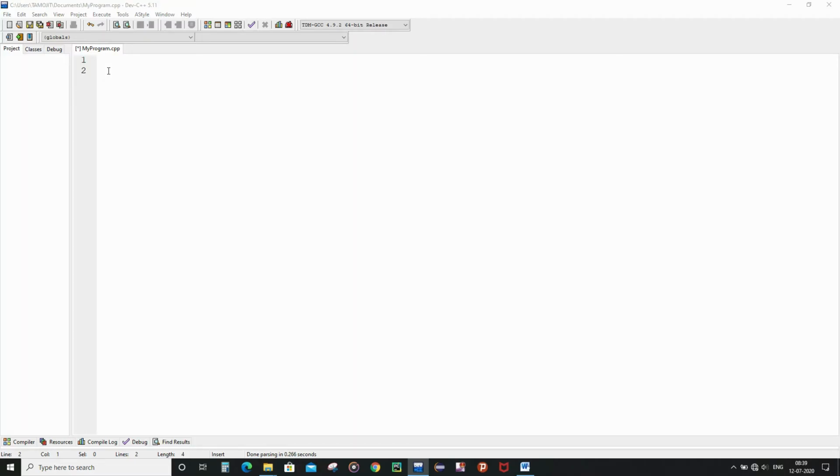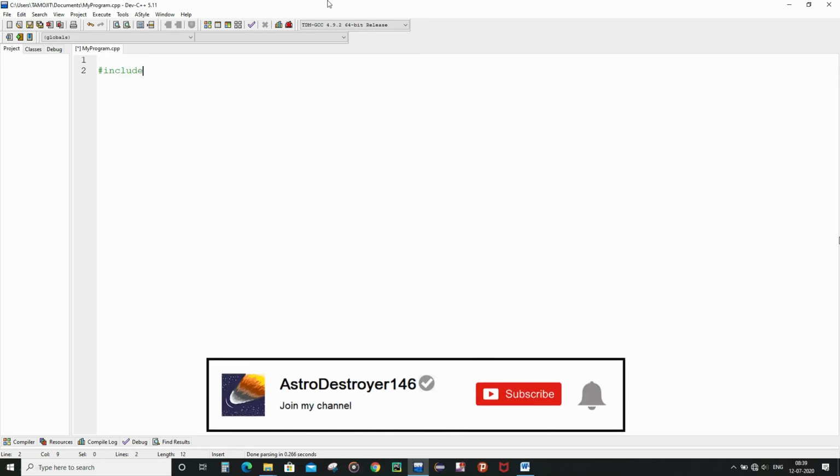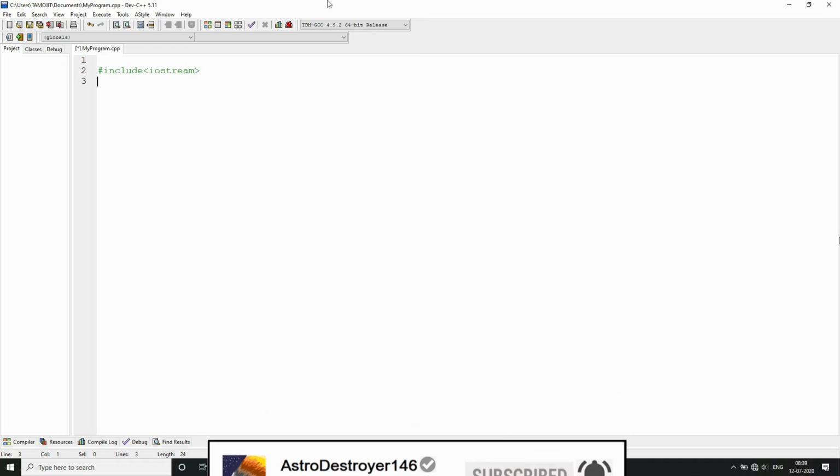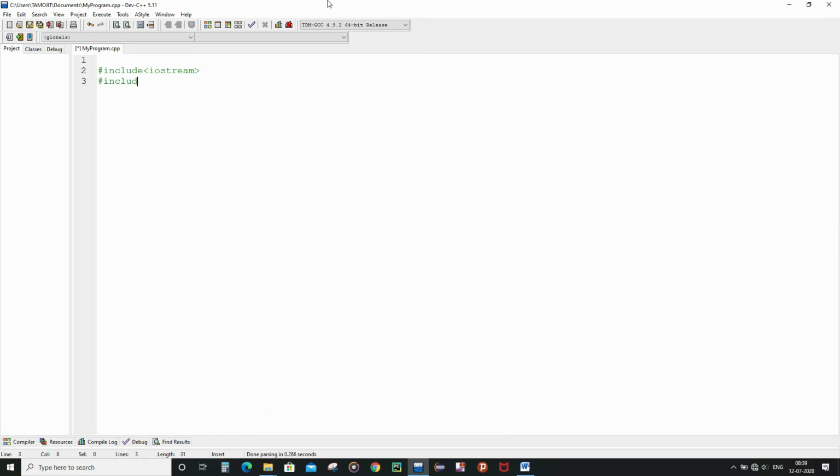So now let me first start by writing the header files as well as the two-dimensional arrays. Basically we are going to write the global variables, out of any function, which we will be using in this whole code.